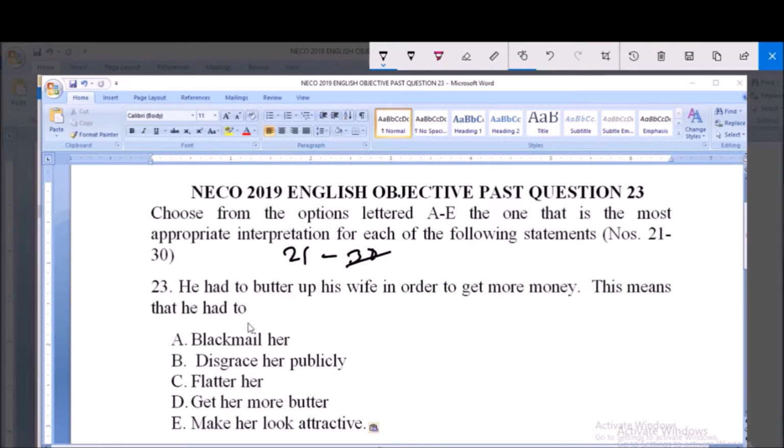This means that he had to dash. The idiomatic expression here is butter up. Remember that we are talking of idiom. So the topic is from idiomatic expression. So he had to butter up his wife. So butter up means